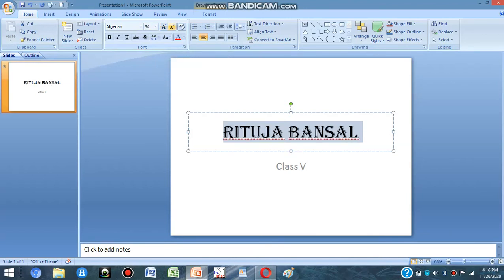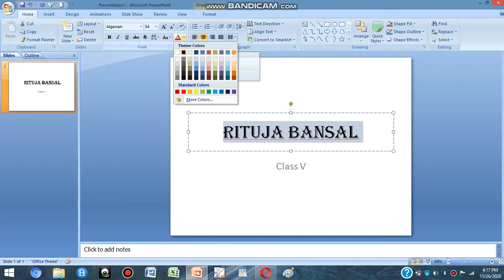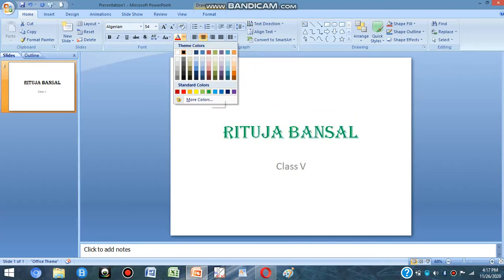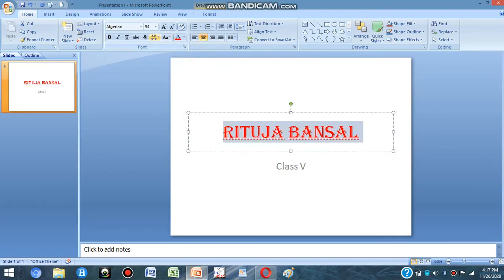We can also increase or decrease font size from here, like this. Then we can take font color and make it any color, like this. And yes, we can make it bold, italic or underline, whatever we want.